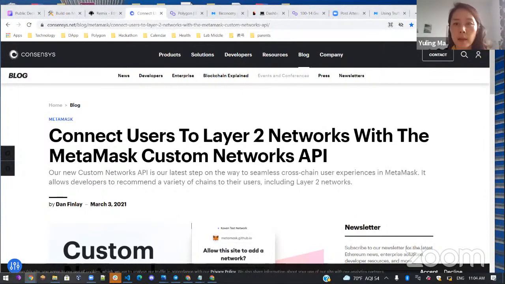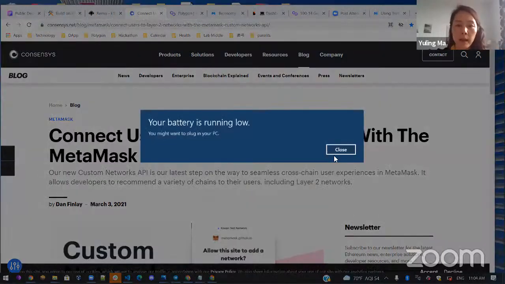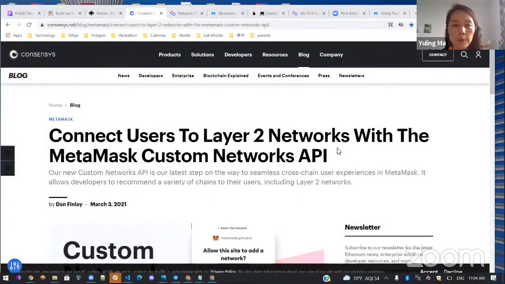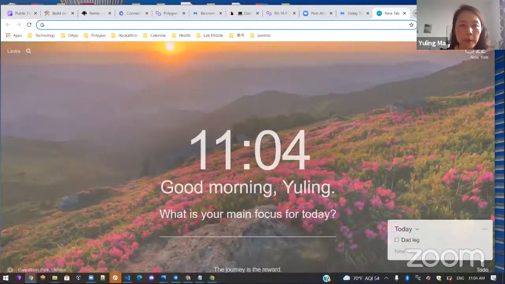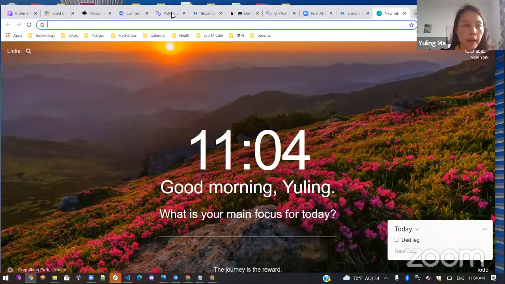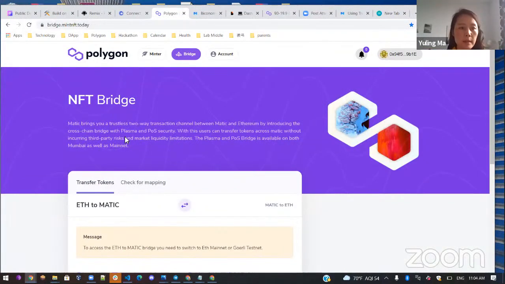And then to demonstrate how this can help reduce the user friction, I would like to introduce you guys to a dApp that we have in Polygon, and it's actually built by the community as well. That is called NFT Minter, and let me just open this dApp right now. I already have it. Okay, so this is NFT Minter, and here, if you just come to mint.nft.today,